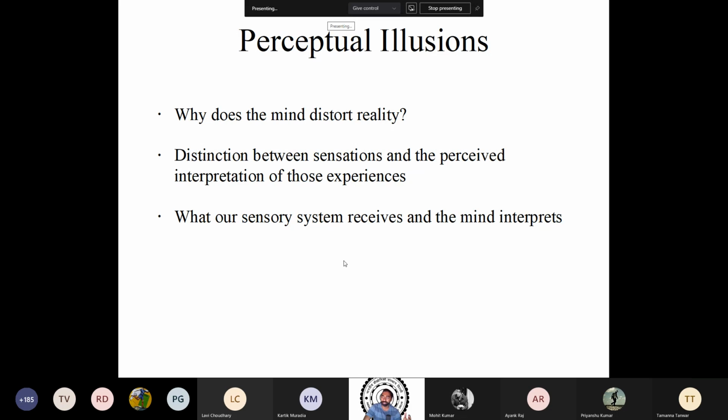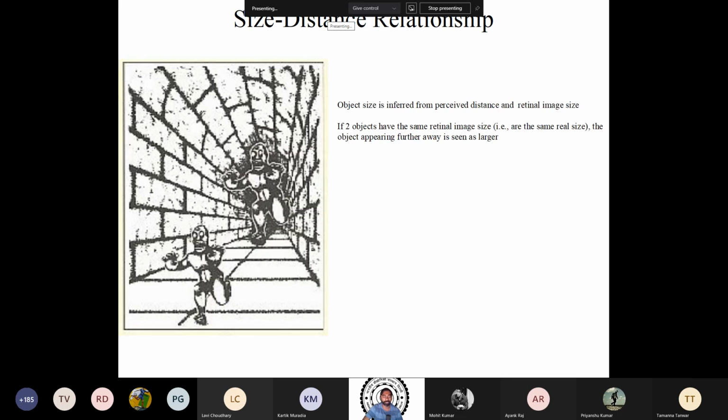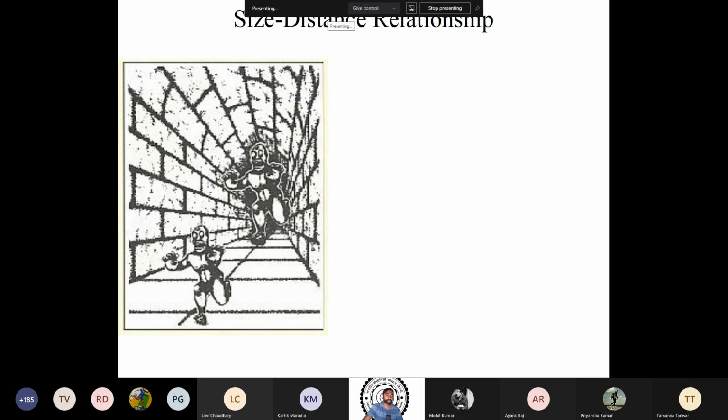So there is something that your sensory system is perceiving, and there's something else that your mind is representing or interpreting. If they are the same, then you don't have an illusion, you have perception. But when they're different, that is when you have illusions. Here's an example, many examples, and this is one often cited example. Okay, so sorry, before I explain this, can anybody tell me what's happening here? What do you see and what is the reality?